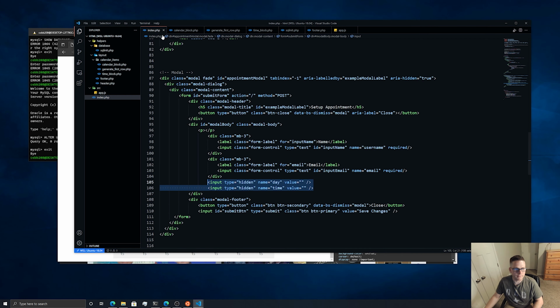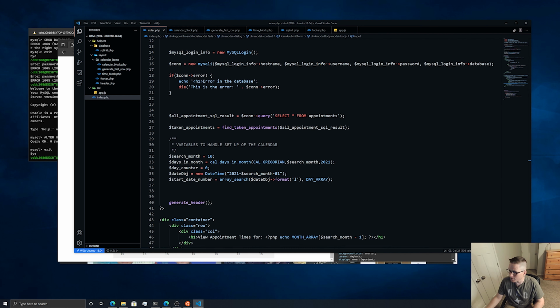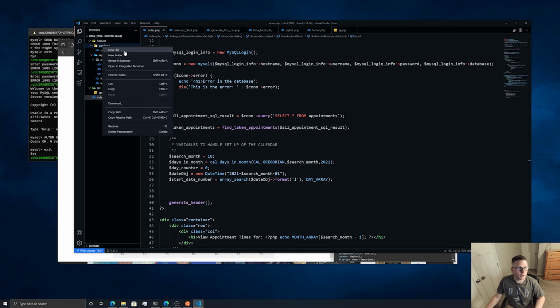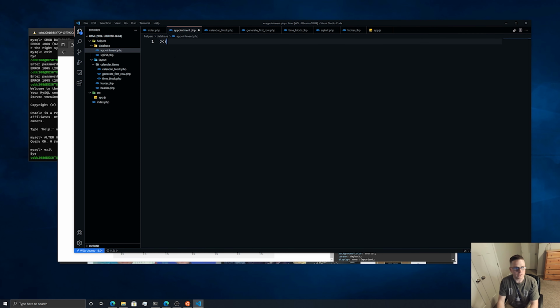All right, let's get that final function rocking and rolling and see if everything works or if we just created a big old problem. All right, so let me go over here. I'm going to create a file in our database folder. Now I'm going to name it appointment.php. Now inside of here,